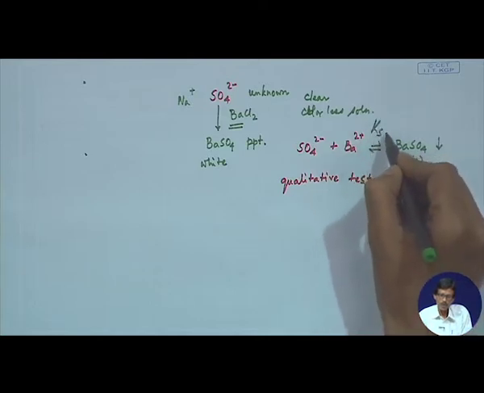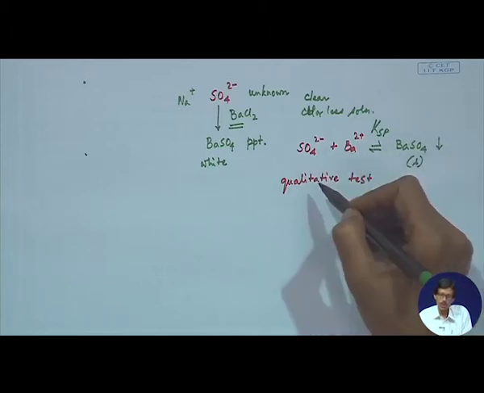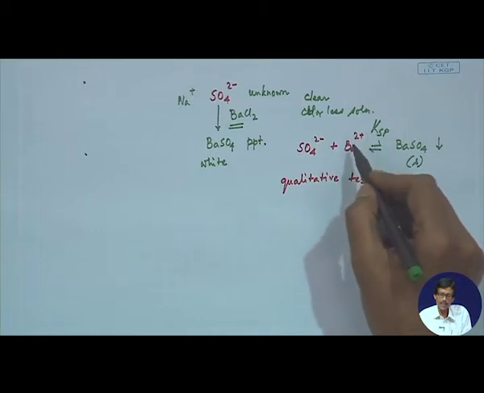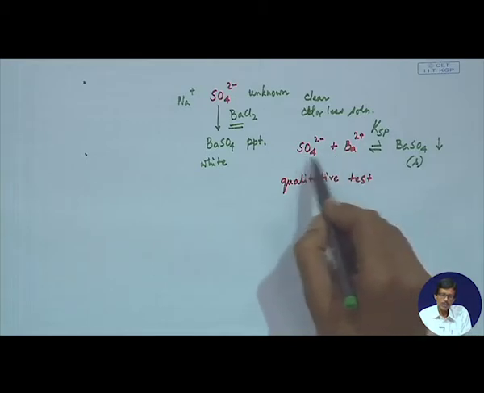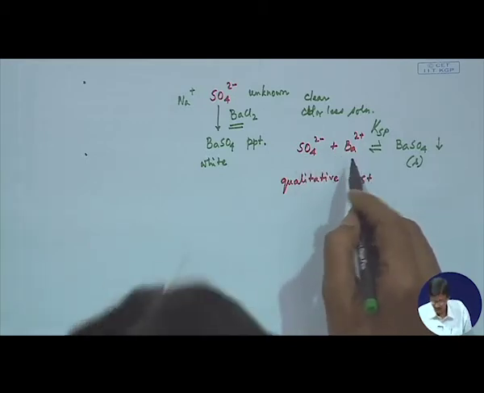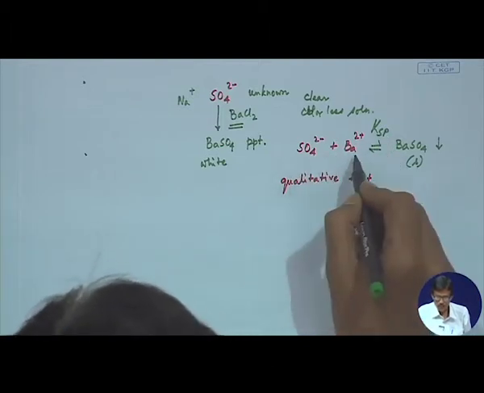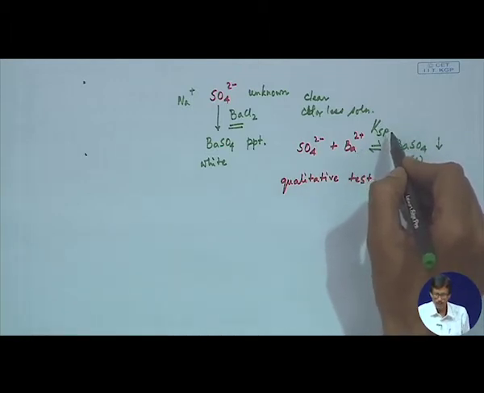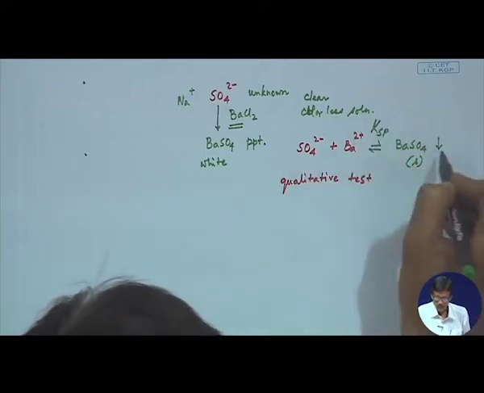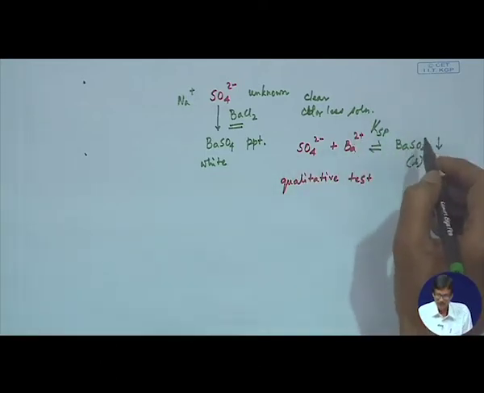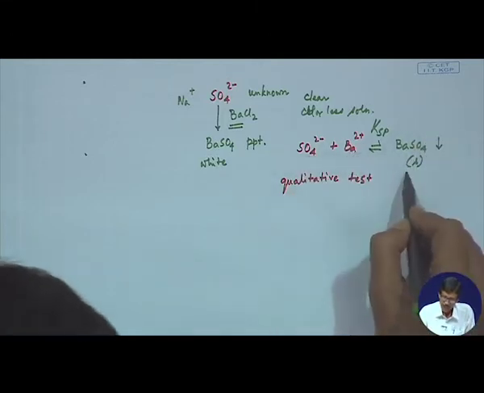So, if we know the Ksp value, whether it is very high or low, we know what concentration of barium can be added to get the corresponding precipitate of barium sulfate. That means the individual concentrations of barium and sulfate are important. If we know the Ksp value, then the product of these two concentrations should exceed the Ksp value of barium sulfate. Only if the product exceeds the Ksp value do you get barium sulfate precipitation. Otherwise, you have the barium and sulfate ions in the solution, and